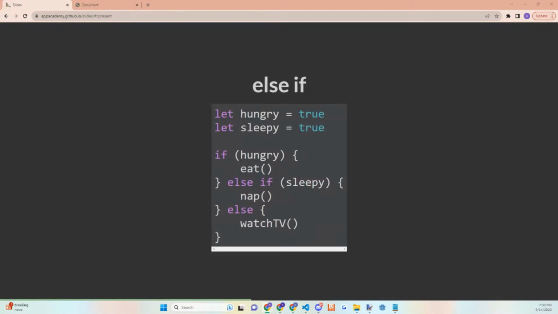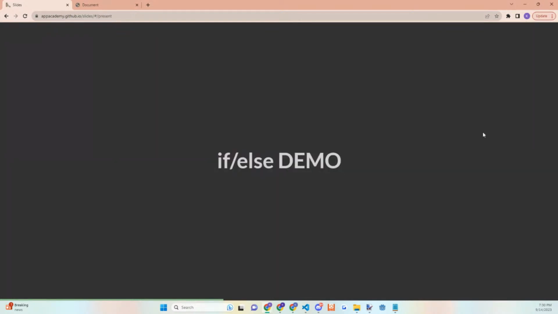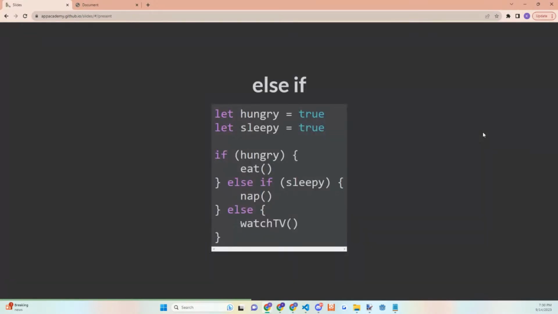Let's talk about else if. And this is very similar, and it sounds weird because before we were on if else, but that was with a slash, denoting that you have two separate statements. Else if is also a separate statement. It's essentially allowing us to say that we could have a case where there's potentially more than two options or situations, right? Saying that if I'm hungry, then I eat. Else, if I'm sleepy, then I nap. Else, if I'm neither hungry or sleepy, then I'm going to watch TV.